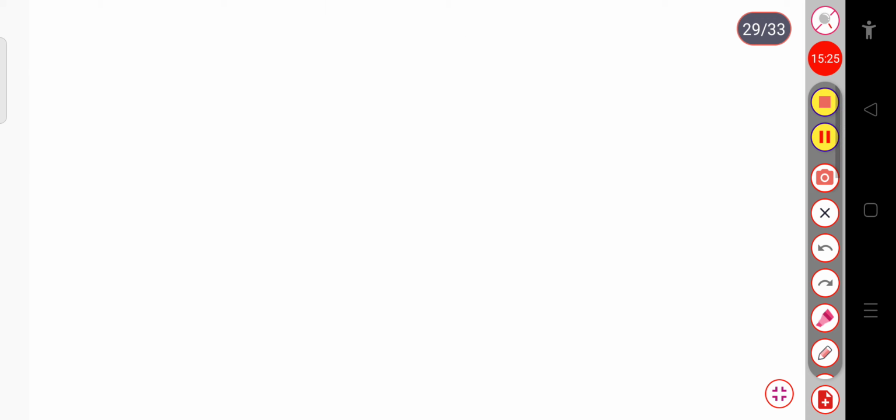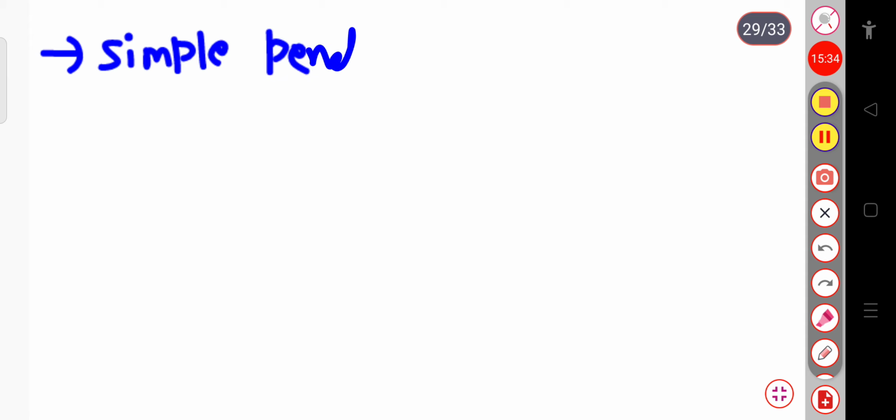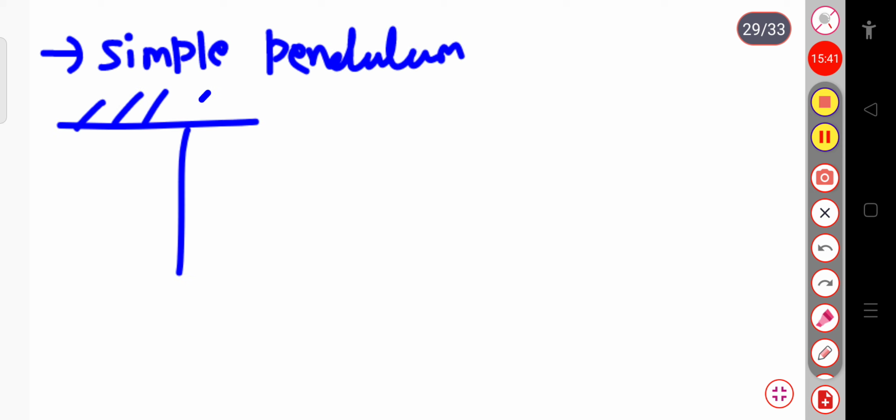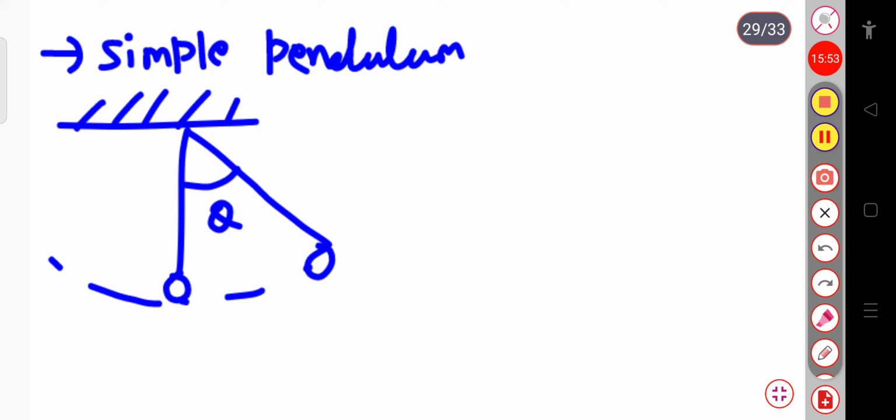Now suppose consider a simple pendulum. Suppose for example we consider a simple pendulum. So in case of a simple pendulum, suppose it looks like this, this is my simple pendulum, and it can oscillate about its mean position. This is by making an angle, suppose theta. So in this way it can oscillate. In this way it can oscillate. So now for this pendulum, this distance is L.